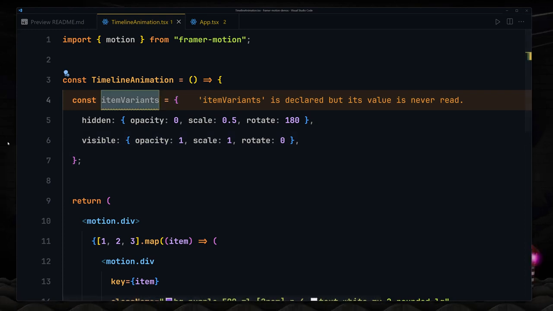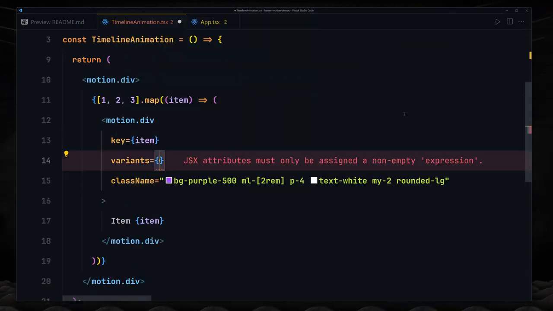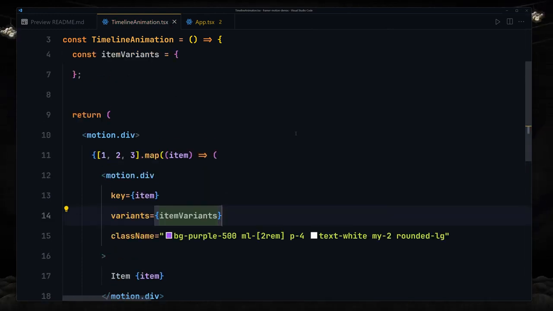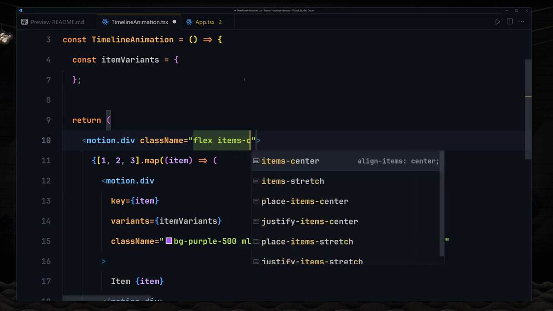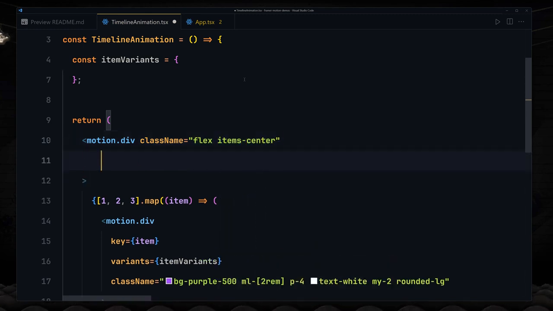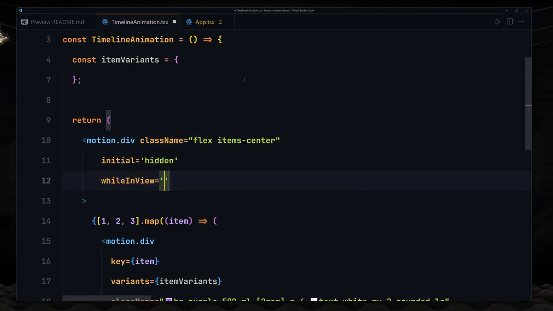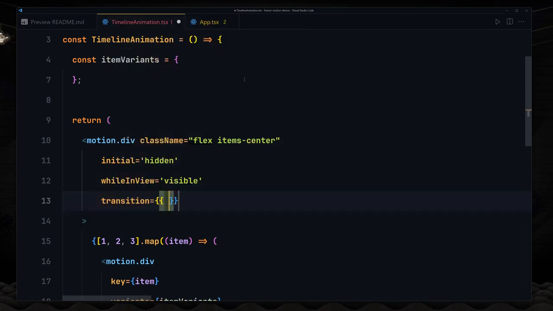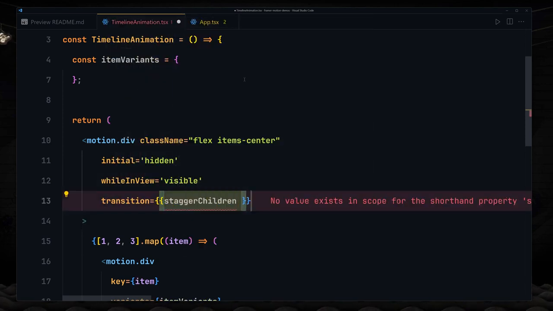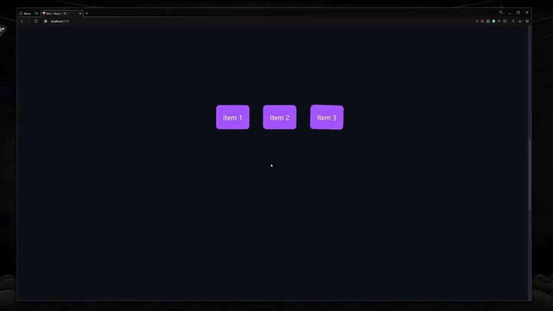Now I'm going to copy the name of there and use there right here for each item. So I'll use like variants, and here we have to specify the item's variant. Now I'm going to go to the top and provide my animation and stuff. So I'll use like flex, and items will be set to center. And now here I'm going to hit enter a few times, and for the initial state we're going to be providing a hidden state, and while this is in view, then we're going to be setting there to visible. Now underneath that, let's just also provide a transition, and the transition will be set to stagger children and set it to 0.5. I'm going to save this file, and now if I just refresh there, so 1 2 3,